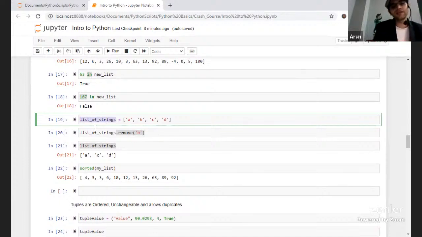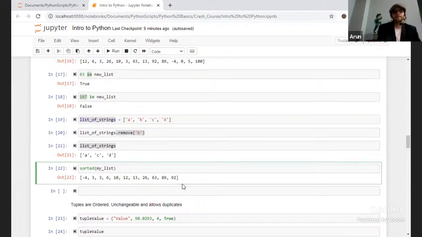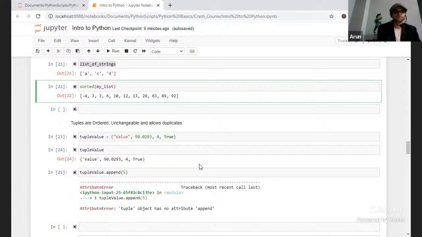So you do not need to assign back to the corresponding list, right? That is the difference between the assignment operator and the intrinsic functions in the list. Similarly, sorted is also an intrinsic function for lists. You can just use sorted to sort the entire list in a linear form.